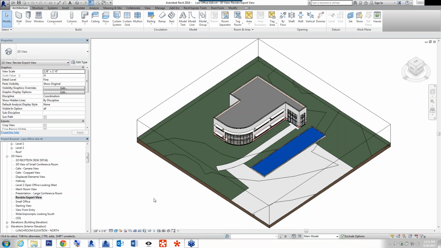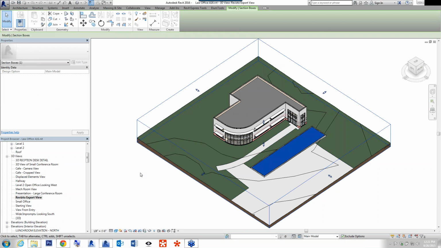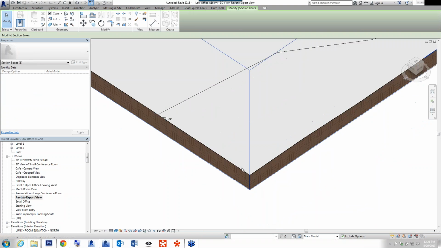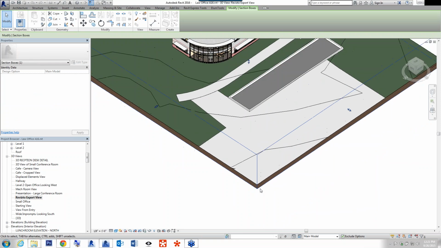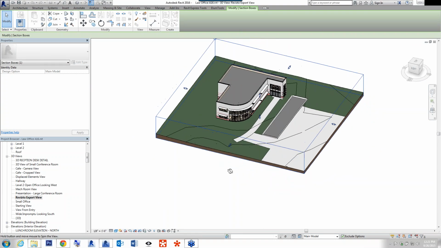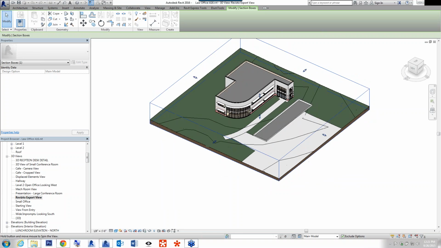Another really interesting thing that you can do, and this is partly more of a Revit trick, but it also affects the export. If you have a topo surface in your model, which is usually nice to have, if you engage that topo surface with a section box, you actually see the edge of the earth, basically. If you don't have a section box engaging the topo surface, it just looks like a flat plane without a thickness. It still has the correct slope to it, but it doesn't have the correct thickness.